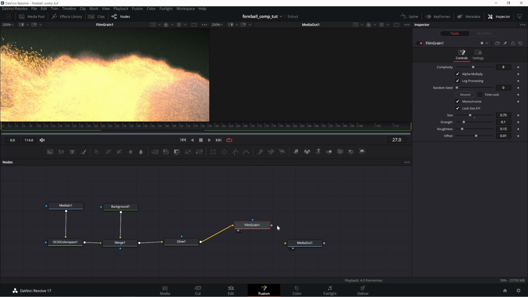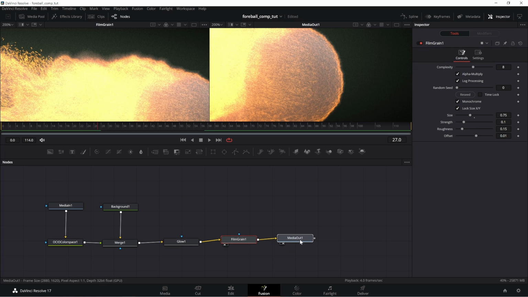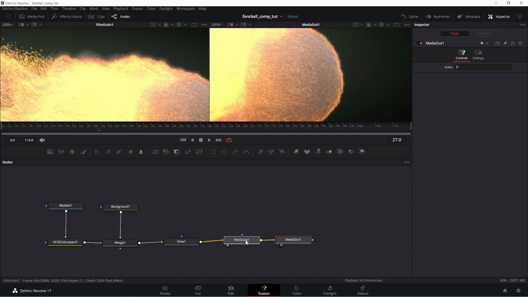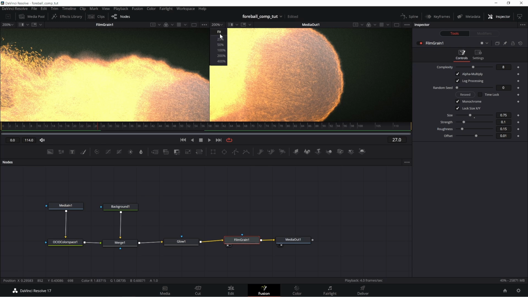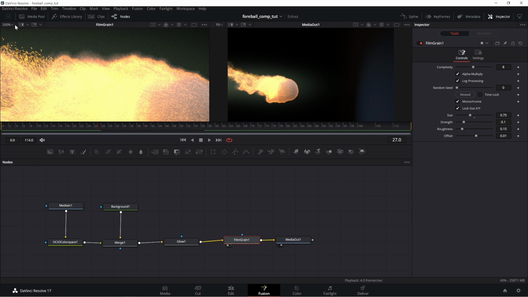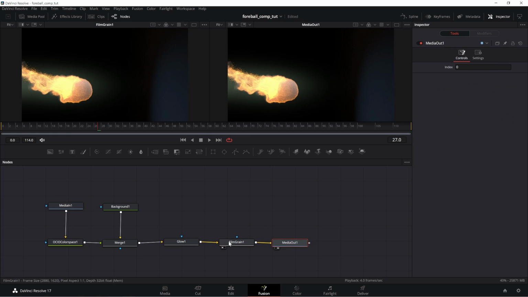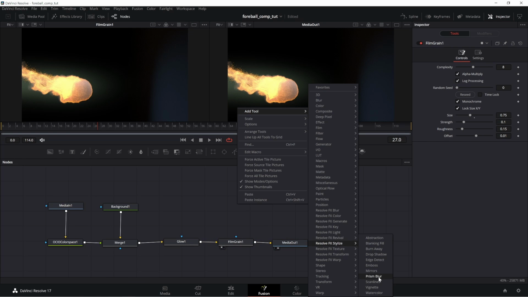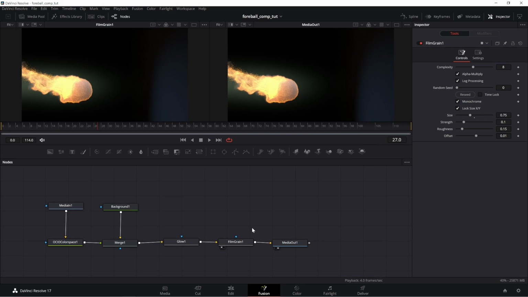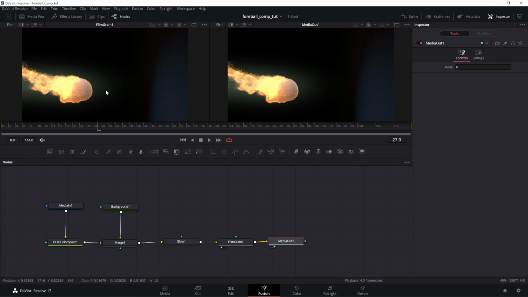So let's take this out, move this right in here. And now we have our final composite, or the final composite of what I'm going to do. Now, you're more than welcome to play around with all this stuff and add some different things if you'd like. There is a prism blur and things like that that you can throw in there and take a look at, and some other things like that. But honestly, I think, if you're just beginning and this is your first one, this is probably good, because the next thing that we're going to do